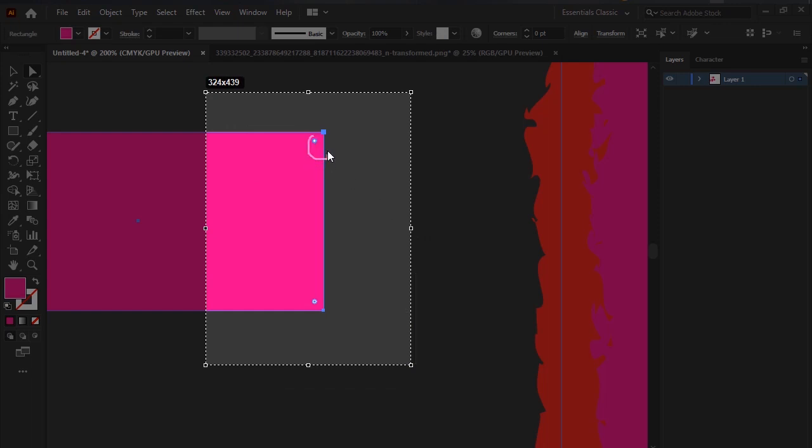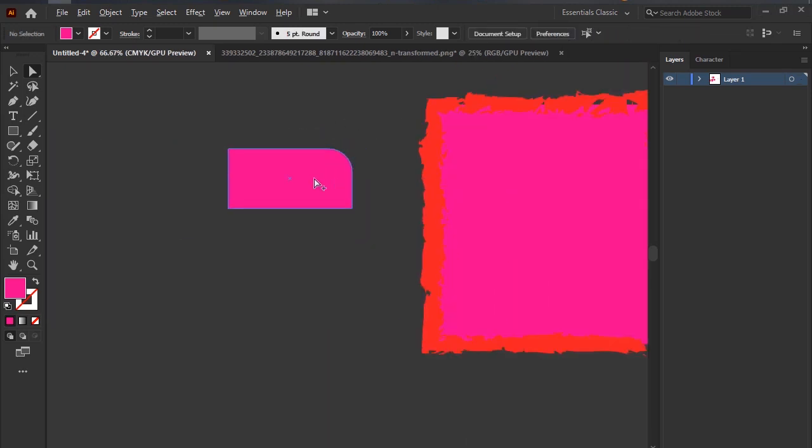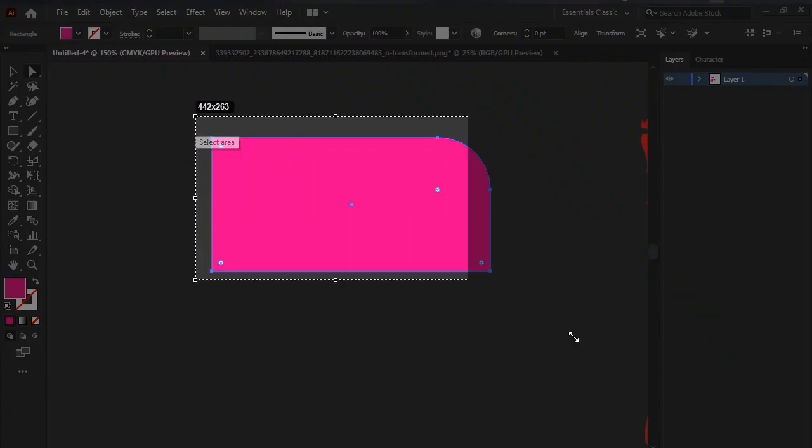Look at it, it looks like more blue. This point is not the same as this one. So make sure you have clicked only here. If you click only here, it will change like this. If I want to change this corner as well, make sure you click only this point. See, I'm just clicking only this point,